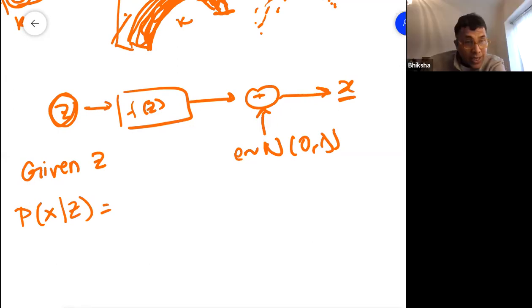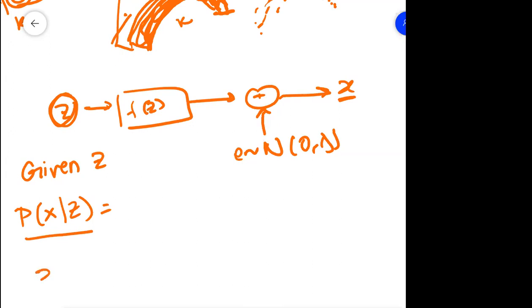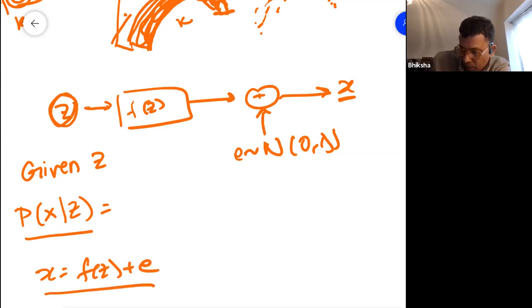F of Z plus the noise, what do you mean by F of Z plus the noise? I want the probability distribution here, right? So what is it going to be? Remember, X equals F of Z plus noise, right? So what is the probability of X given Z?